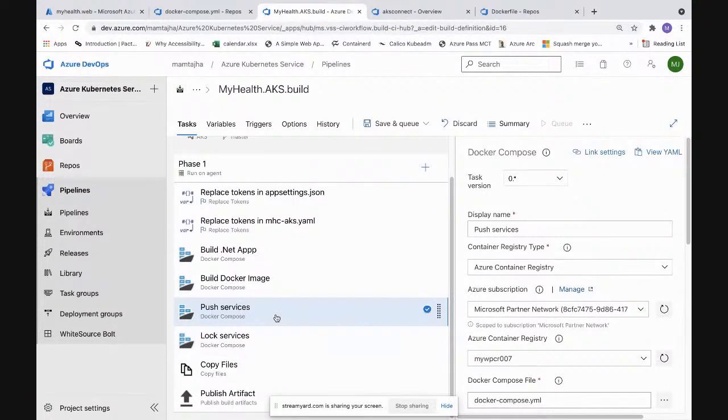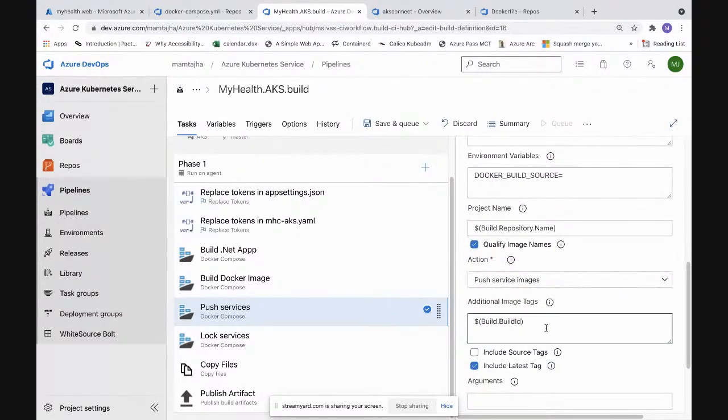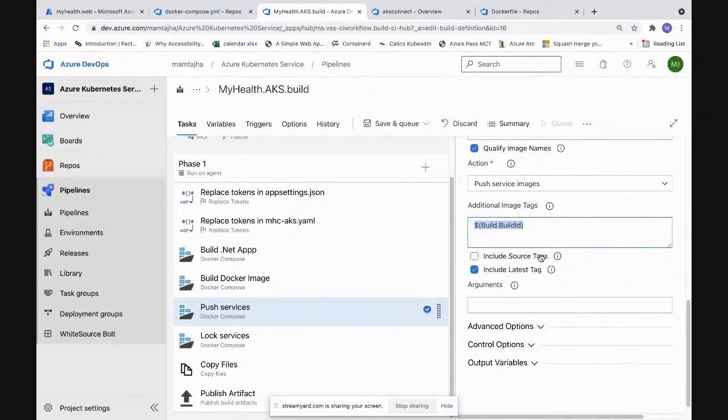Yeah, just coming back to this. This is pushing the image. And we are tagging here. Obviously, the tag option is there. If you want to have any source tag, you can do the source tag here. You have the option to include the latest tag, source tag, or the build number gets introduced here. So Vishwanath, just to answer your question, you have that option. With the commit IDs, you can also do that.